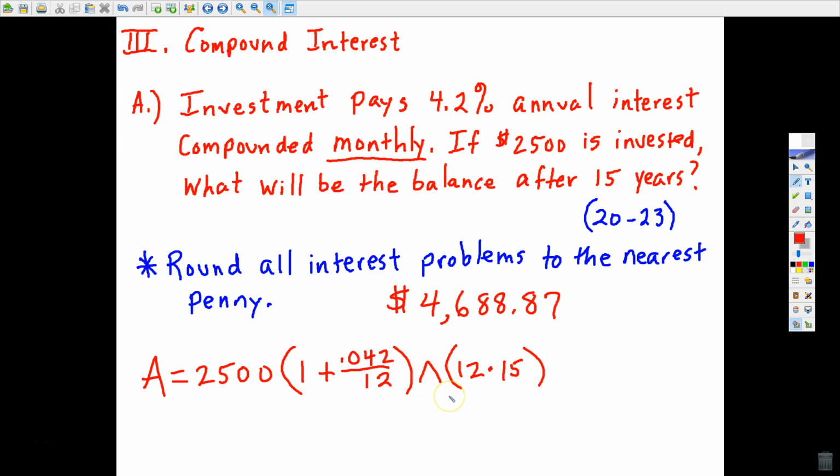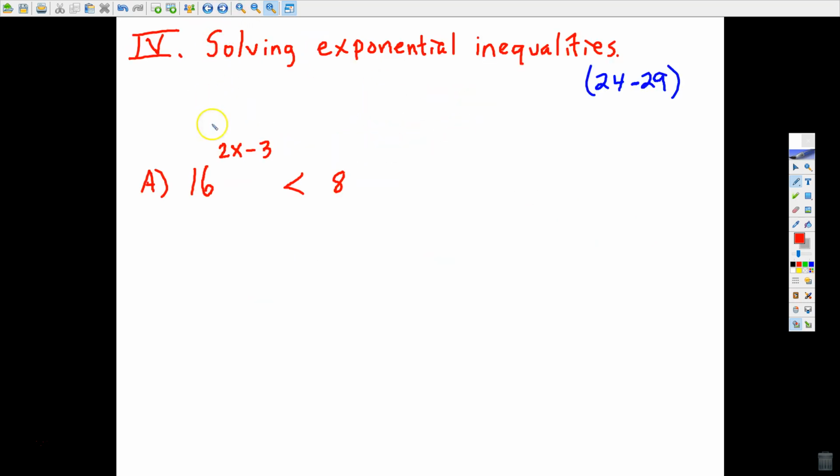Any questions? Okay, any questions before I leave this? You've got 4 of those. Read carefully about what the compounding period is and what the rate is, but they all work pretty much the